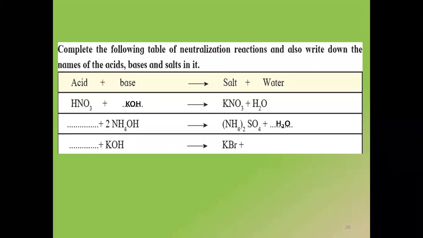Try to fill. H2O means H plus and OH minus. OH has already come. And the salt that is present, which is NH4 twice and SO4, has already given NH4. So who is left? SO4 and H plus. So SO4 2 minus and H plus will combine together to give us what?